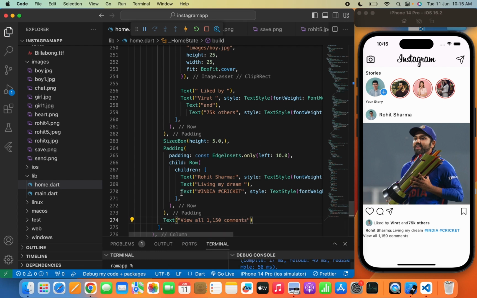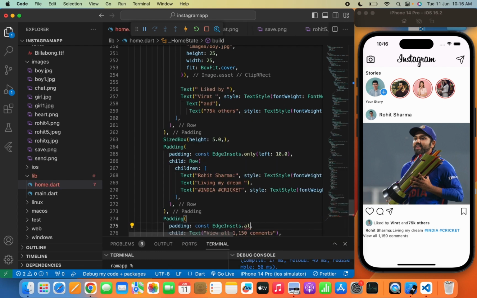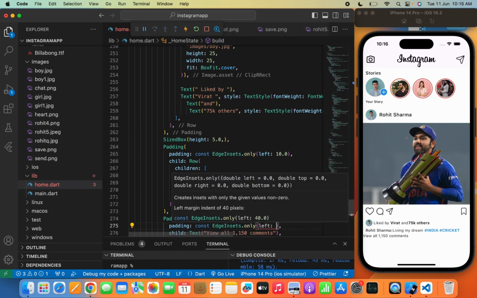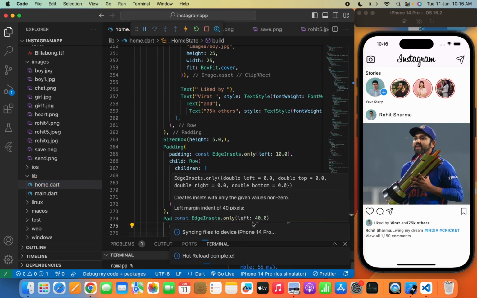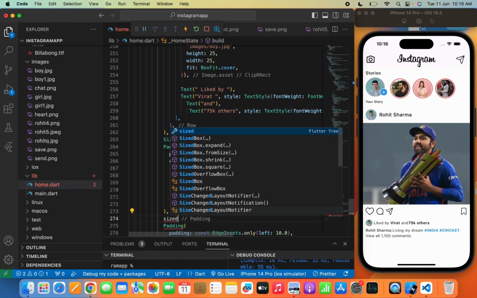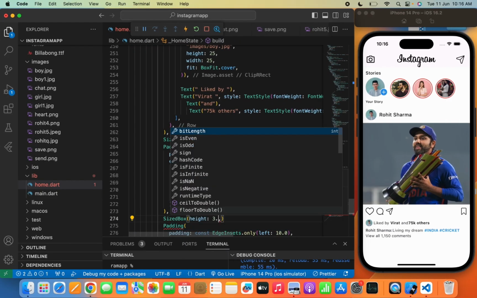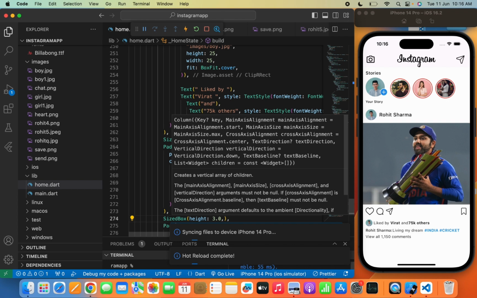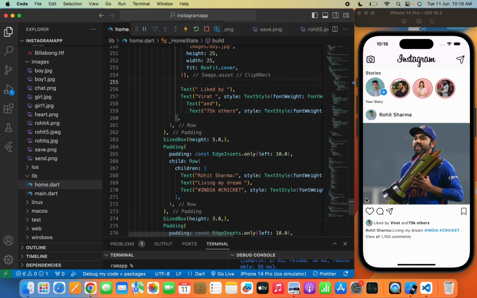Yeah, we can again give the padding from the left 10.0. So here it is done. Now you can provide the size box, maybe height 3.0 will be enough. Yeah, so liked by Virat, 75k others, Rohit Sharma, and the comments that have been posted by the different users